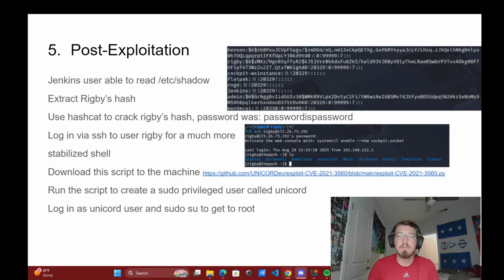Once I was in as Rigby, I needed to find a path to root. I uploaded a tool called linpeas, the Linux Privilege Escalation Awesome Script, to automate the search for vulnerabilities. linpeas highlighted a critical finding. The system was vulnerable to CVE-2021-3560. This is a fascinating vulnerability in Polkit, which is a service that handles sudo-like permissions on modern Linux